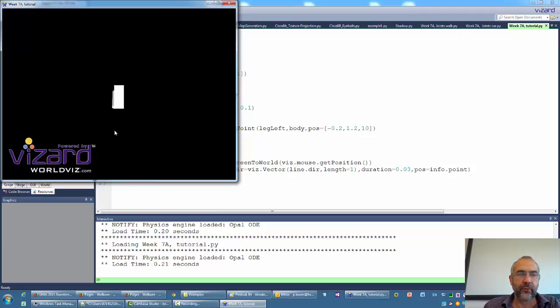Actually it can make a full rotation if I press a few times. Applying the force once is not enough, but if I do it a few times, it makes a full rotation. What you also can see is that the physics engine is really not as good as it should be, because this leg, when I rotate it, moves through the body. You can see it go through the body. That should not happen,